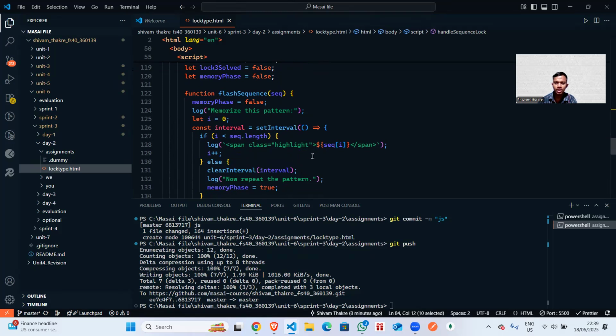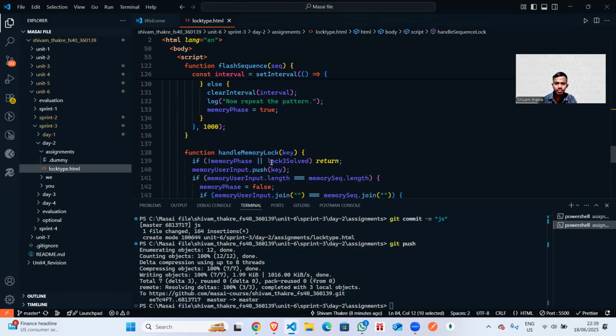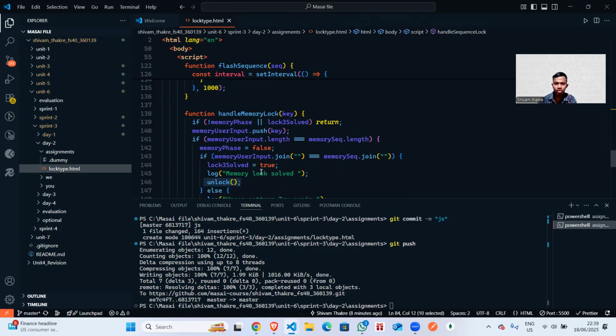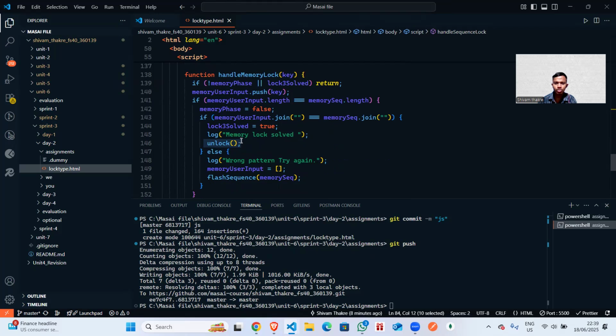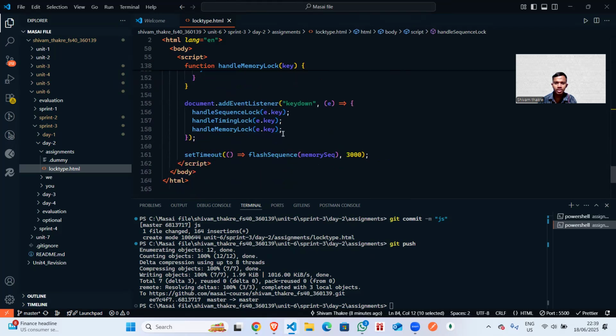To show our sequence, we use clear interval to clear the interval, and with the help of handleMemoryLock we handle the memory input like R T F. We check whether you pressed R T F or not, and if you complete it, it shows memory lock solved. Otherwise, wrong pattern, try again. We used addEventListener to run that with the keydown event.